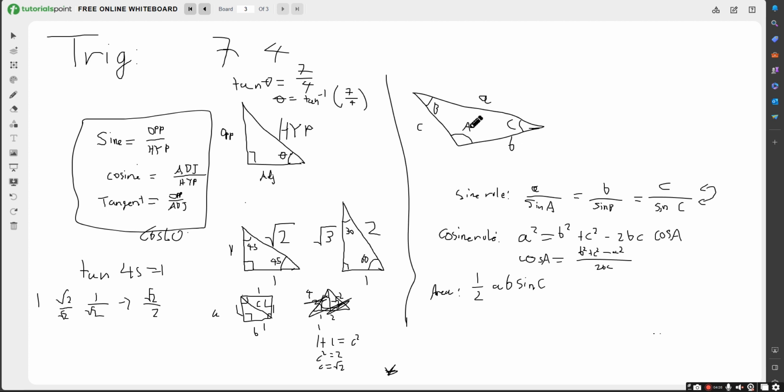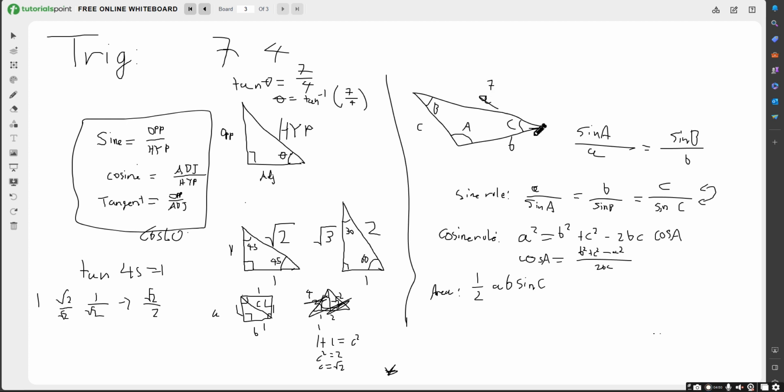So the sine rule is, so I've just labeled the sides as A, B, and C, and their opposite angles as capital A, capital B, capital C. Sine rule states that the side length divided by the sine of the angle is the same as the side length divided by the sine of the angle, etc., etc. Or you can do it the other way around. So sine A over A is the same as sine B over B,